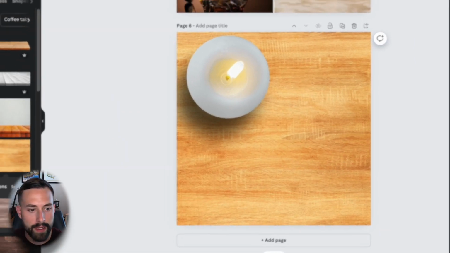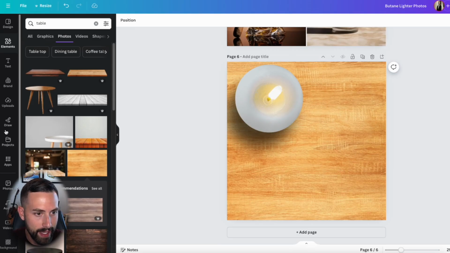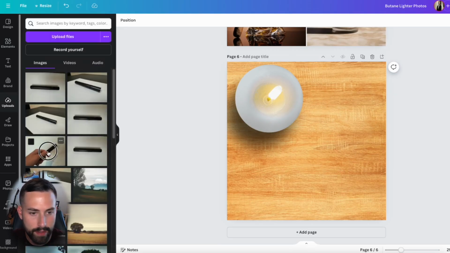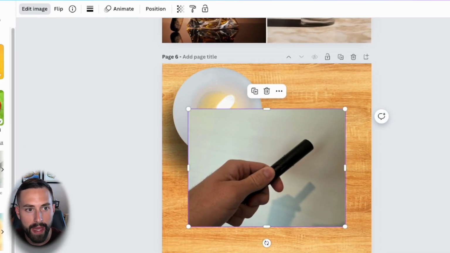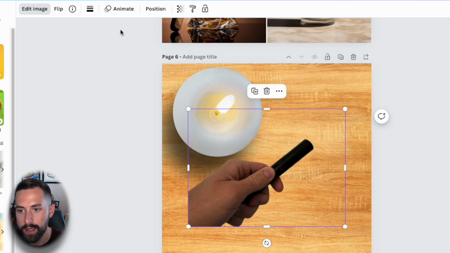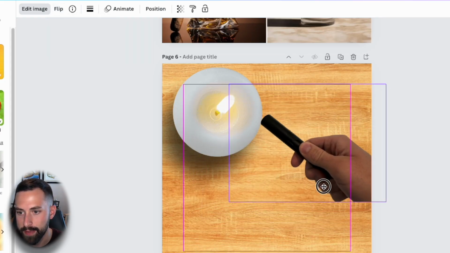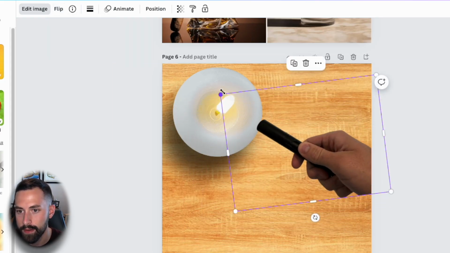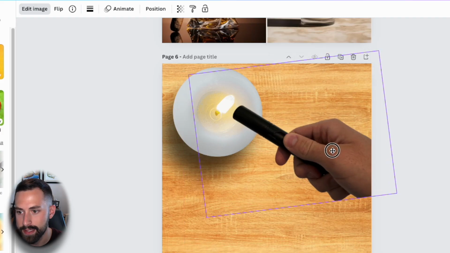Nice. Now we have what appears to be a coffee table, for example, with a candle on top of it. Okay, so we'll go to the uploads. Let's add the hand picture that we took here. We'll remove that background again. I'm going to flip this horizontally so it appears like I'm actually trying to light it. And then we'll resize this until